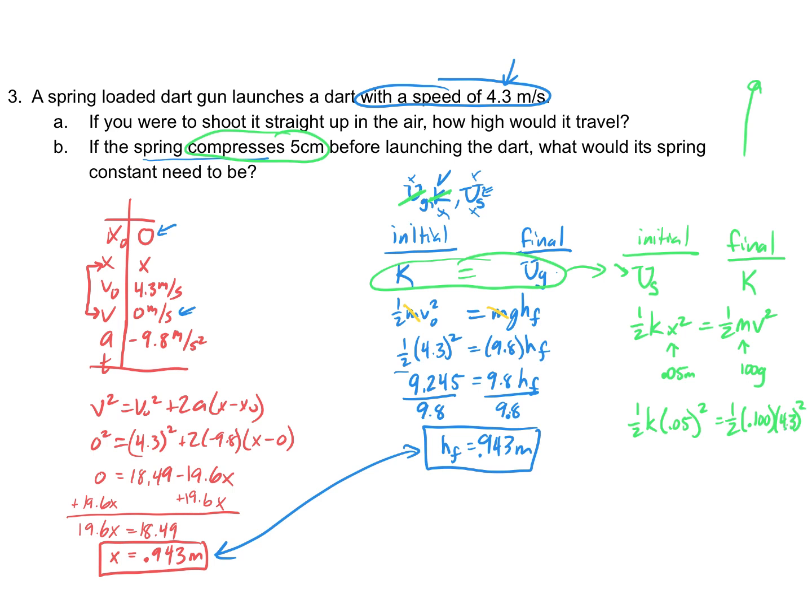So if I do 1/2 times 0.100 times 4.3 squared, then I get 0.9245. And then over on the left-hand side, I'm going to do the 0.5, the 1/2, times 0.05 squared. And that's actually going to give me